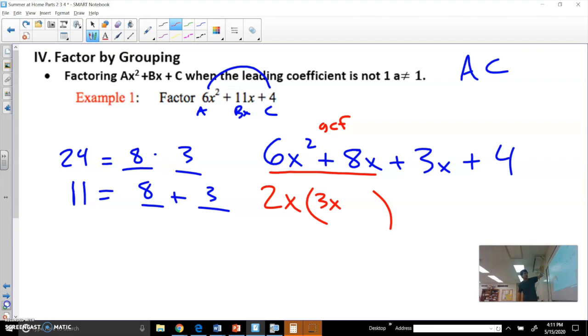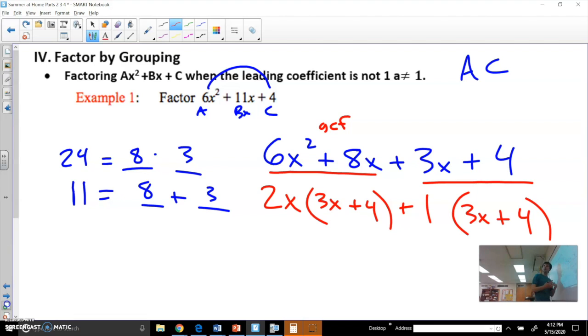So 2x times 3x, that is 6x squared if you were to distribute. Continuing with our division for GCF, 8x divided by 2x would be positive 4, no x's there. You get the x from the distribution when you multiply 2x times 4. And so when I look at this next one, I'm looking to see what these have in common. Well, 3 and 4 do not have anything other than 1 in common, 3 times 1 and 4 times 1, and they both do not have an x in common, so really the only thing I can take out is a 1. And this seems like, why would you take out 1? It doesn't change anything. Well, it really helps me to see what my final answer is, because if you notice,